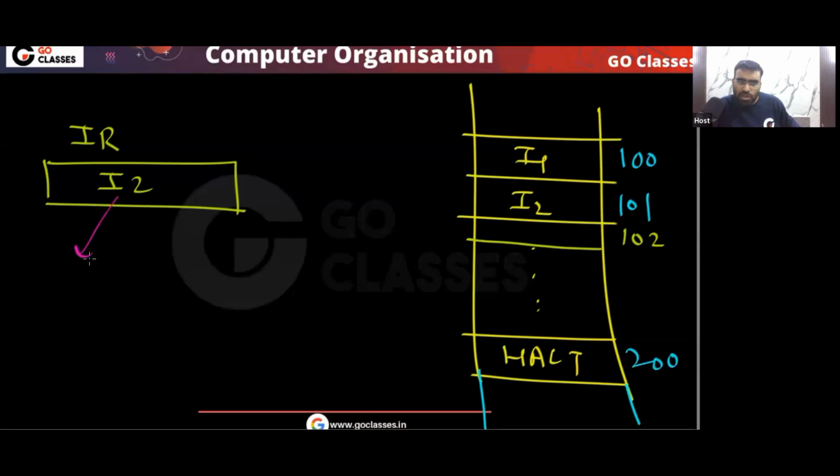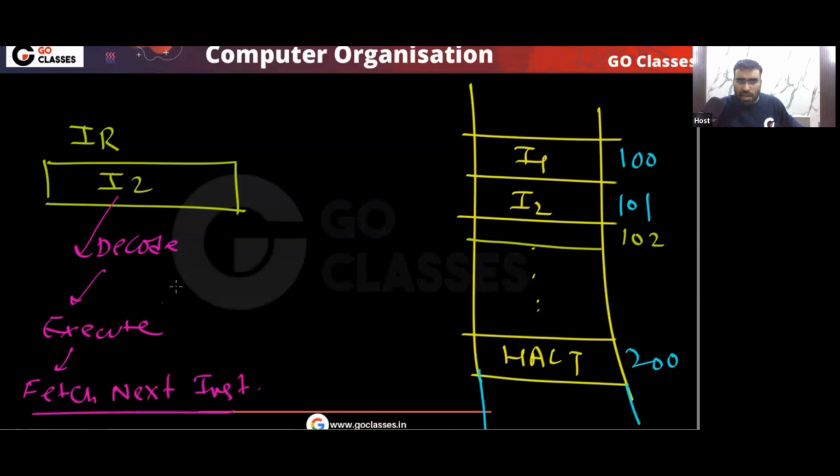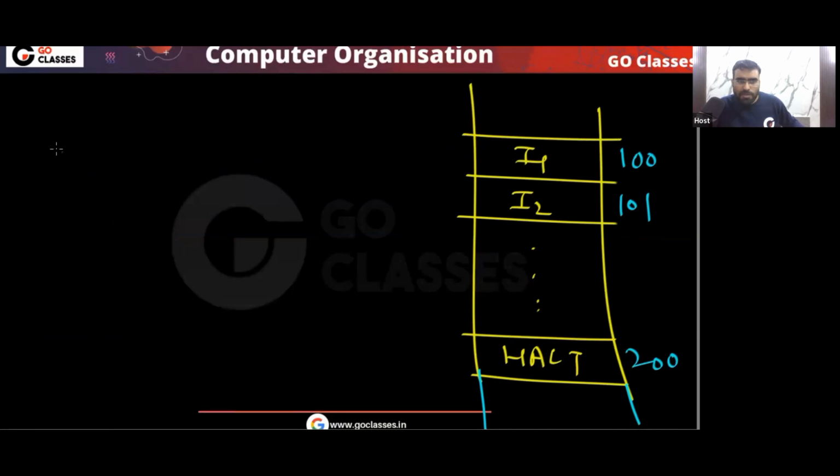You will do the decoding, and then you will execute. First you will decode, then you will execute. And then what will you do? Then fetch the next instruction. Right? Yes or no? So these things will happen. But when you fetch this halt instruction into the instruction register,